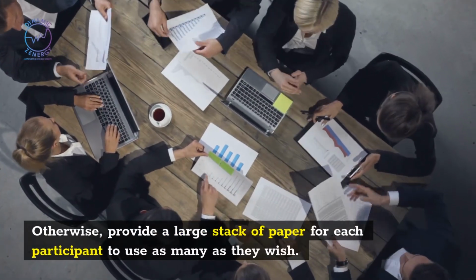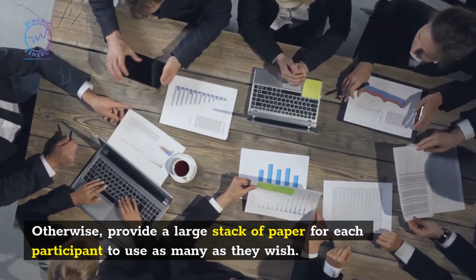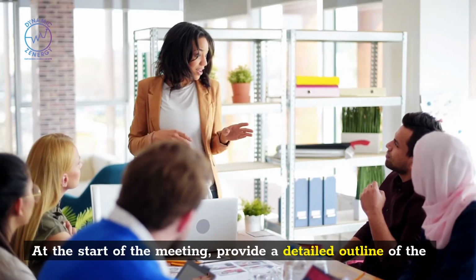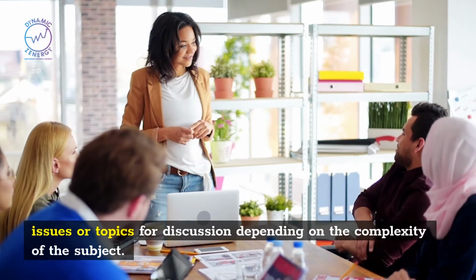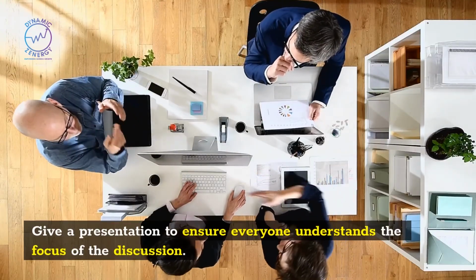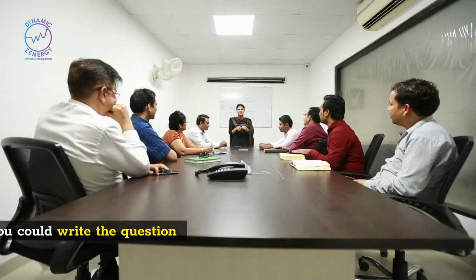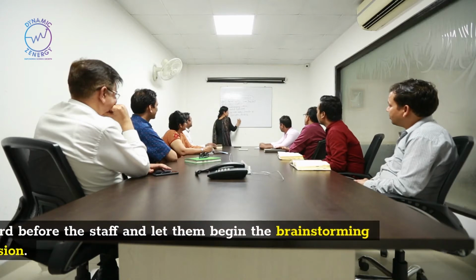Otherwise, provide a large stack of paper for each participant to use as many as they wish. At the start of the meeting, provide a detailed outline of the issues or topics for discussion. Depending on the complexity of the subject, give a presentation to ensure everyone understands the focus of the discussion. If the issue is straightforward, you could write the question on a board before the staff and let them begin